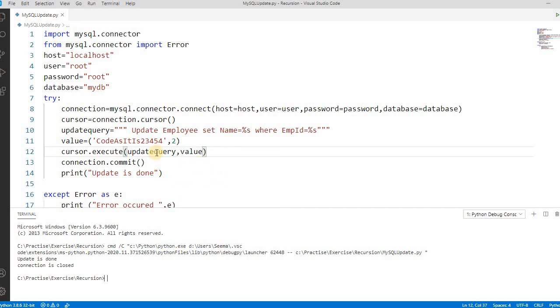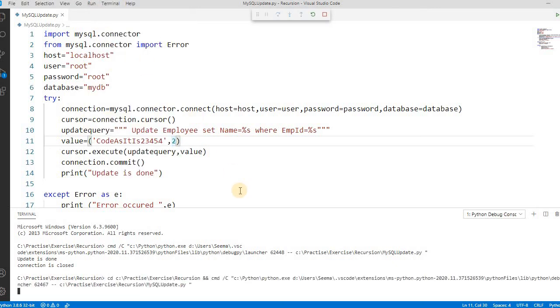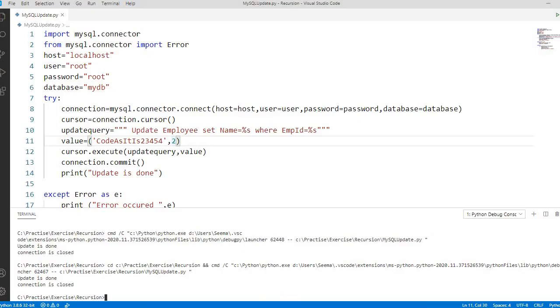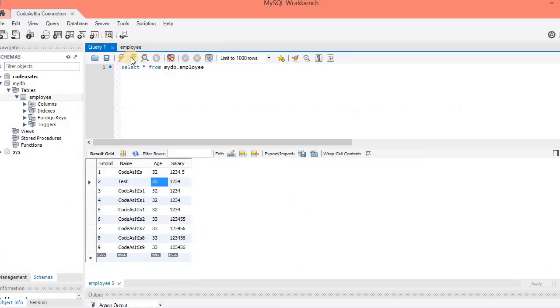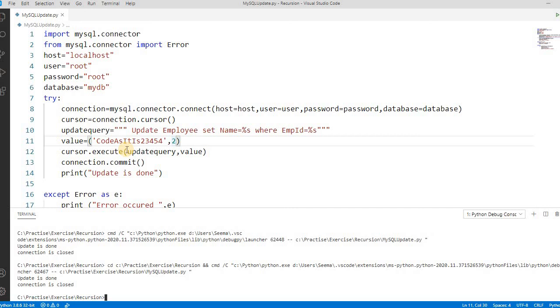SQL injection. So it's not advisable to put all of this directly in the query. In the where part, a hacker can hack it and truncate your tables or do other malicious activity with your table. So always pass the query and its values separately. This can be either an encrypted value or something else; it depends upon your requirement. Let's run this. So again it's done. Let's check the table. Now it's changed. So this is the way to handle SQL injection.